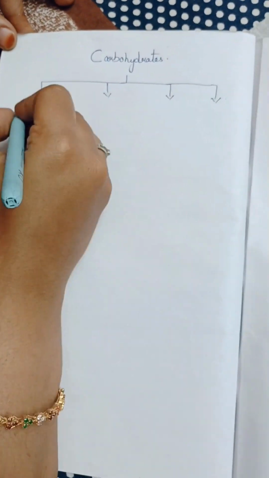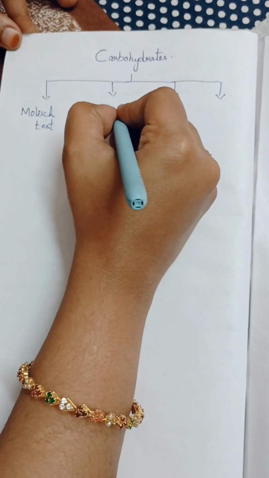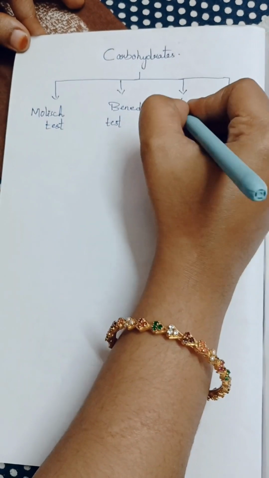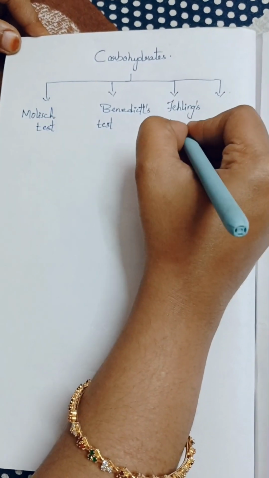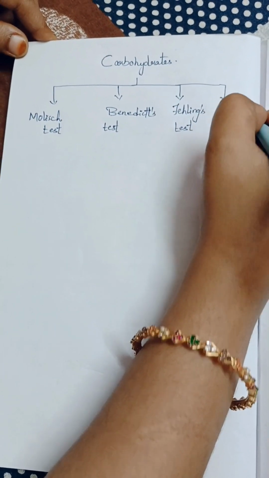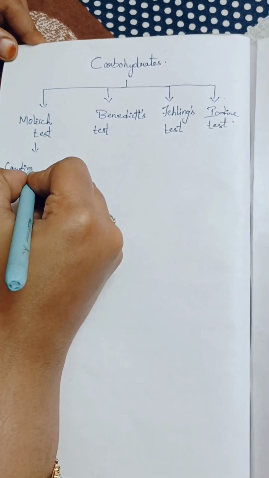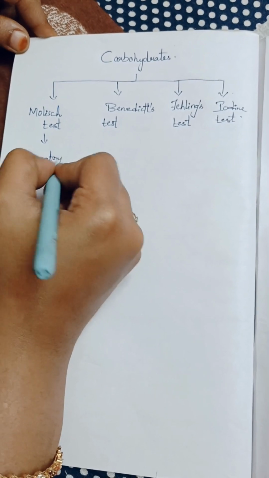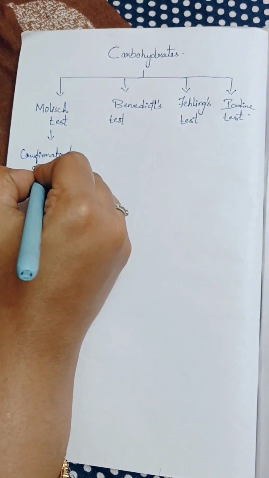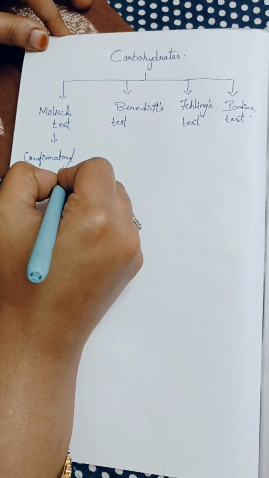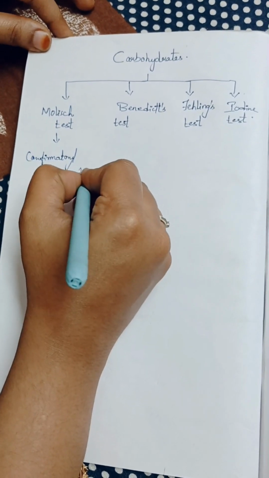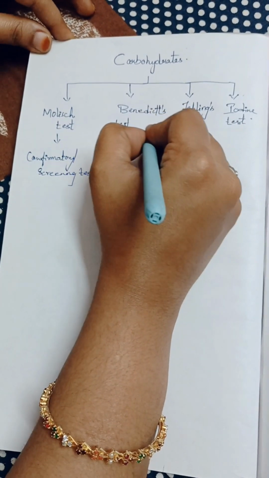So today we are going to talk about carbohydrate analysis, where you have to run 4 tests for carbohydrate identification on a given sample: Molisch, Benedict's, Fehling's and iodine test. Molisch test is usually considered the confirmatory or screening test, the first test to identify whether the sample contains carbohydrates or not, whereas Benedict's and Fehling's tests are tests for